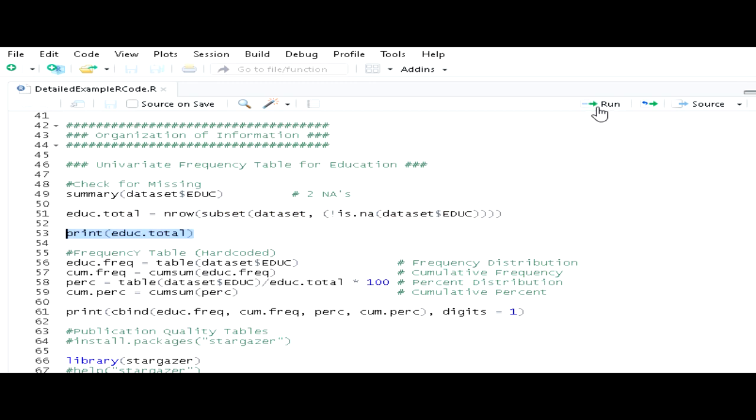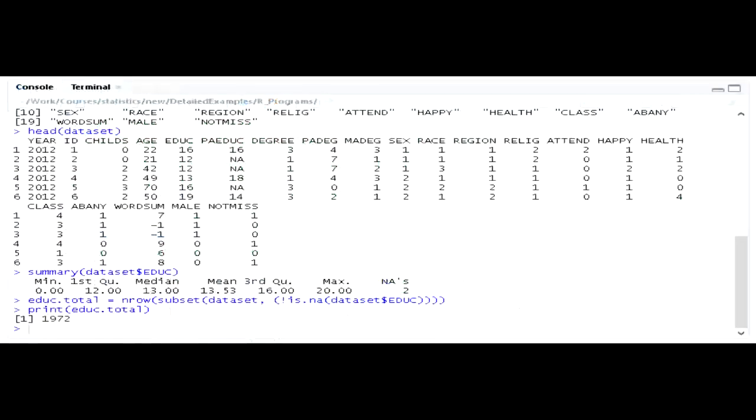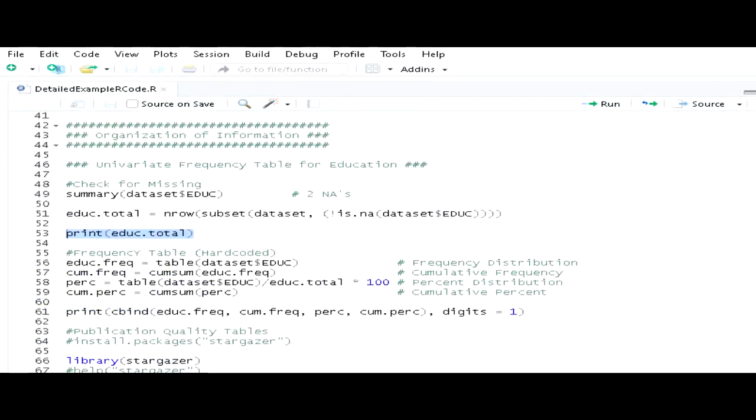And I run it. Now if I switch to my output window, we can see that I have 1,972 cases that are non-missing for education. So again, I'm going to use that later. I'm going to use that later to calculate percentages for each of the values of education. Okay, so let's go back to our